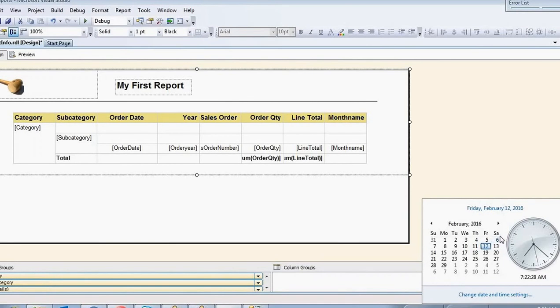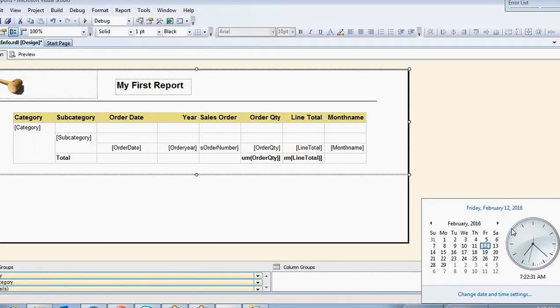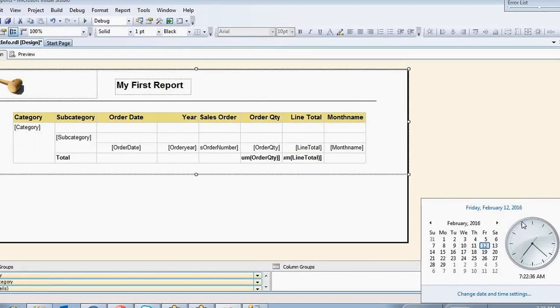We have class on Saturday for you. 13th we have, 14th we don't have. Sunday for me, yeah, Sunday, according to your dates only.